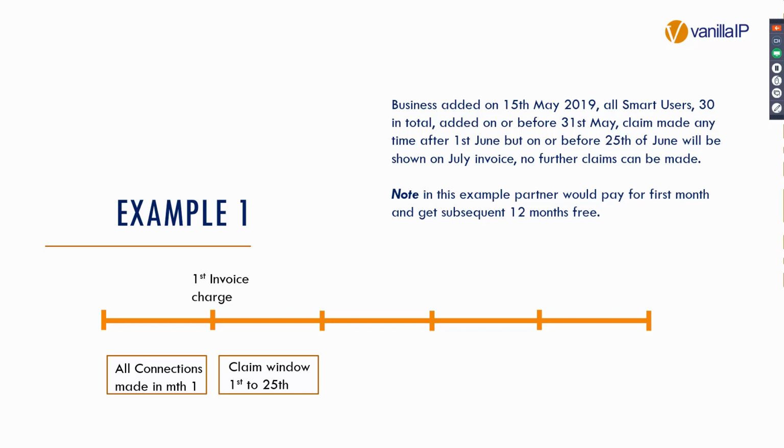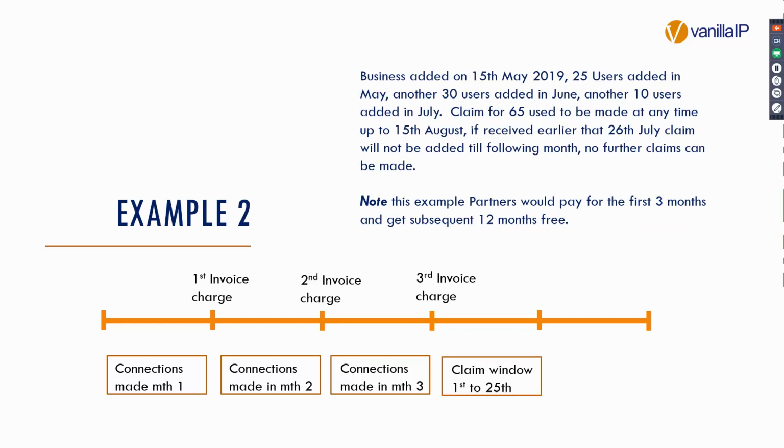If I have a simple customer and I connect it during the course of month 1, I will make the claim in month 2 between the 1st and the 21st, and all of the exceptions will be applied before the bill run at the end of the 2nd month. If I look at a more complex customer that's taking multiple months to convert,